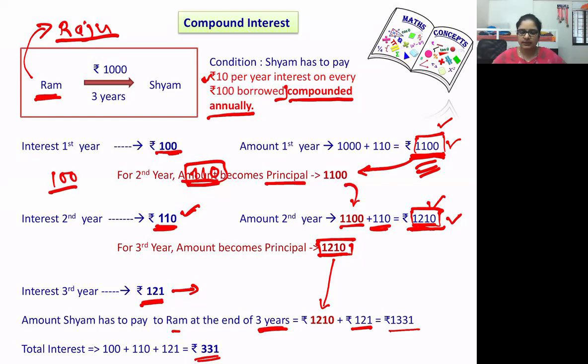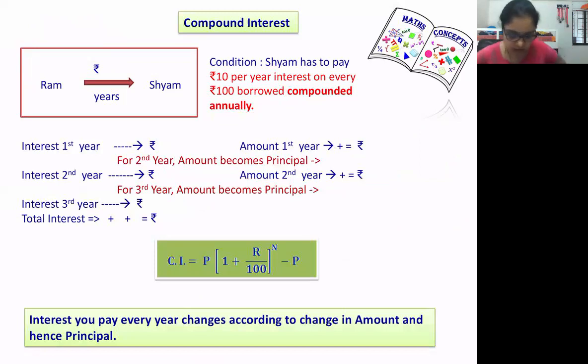Then Sham says, okay, don't give it to Raju. I'll give you interest on this 1100 only, not on 1000. Now, did you understand it? Yes. So instead of 110, any number can be there? No, not any number. It depends on what the principal is here. Let me explain it to you in the next slide. There isn't much space here. Okay, let me explain to you.